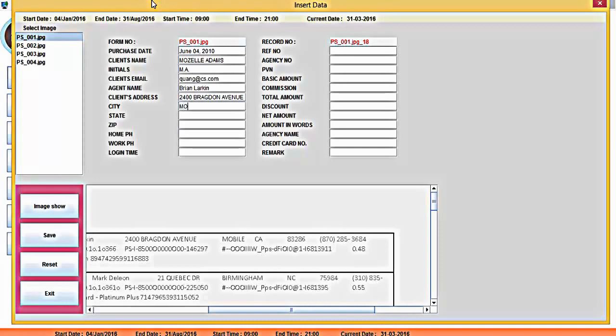Then city, state, zip, home phone number. Work phone.